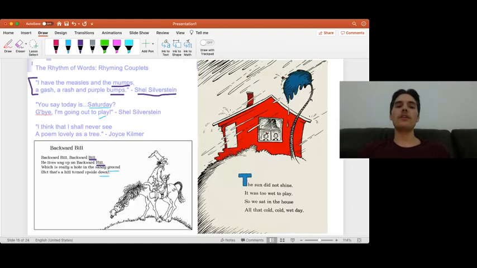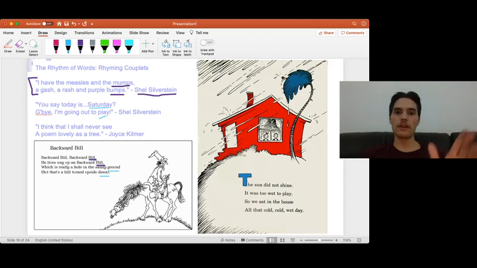Where we can find all of these is in a lot of younger poems, like Dr. Seuss or Shel Silverstein. So here's some more famous examples. The first 3 are just couplets, like one pair of couplets.